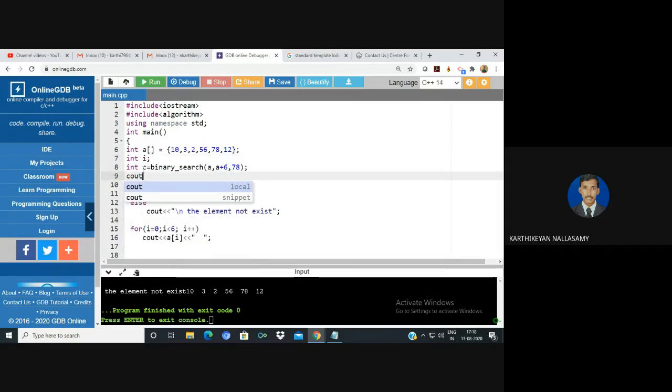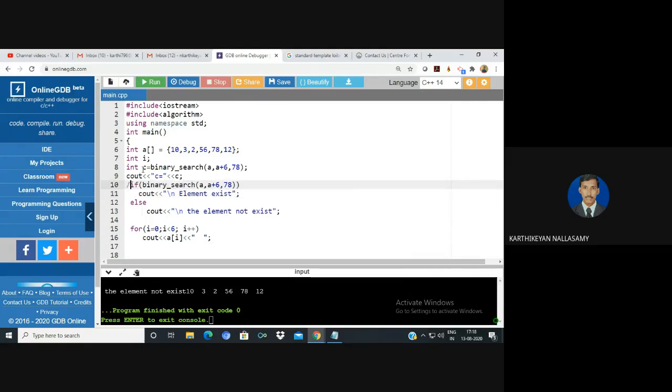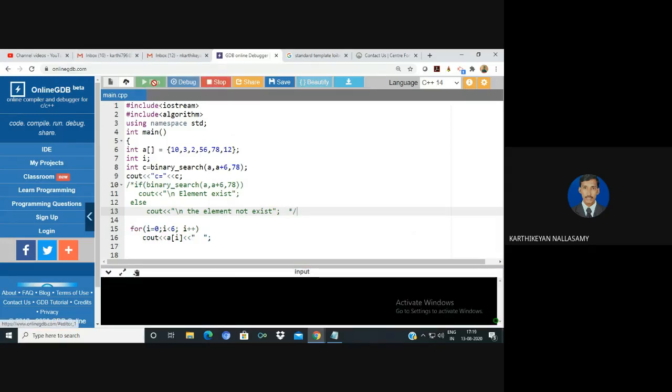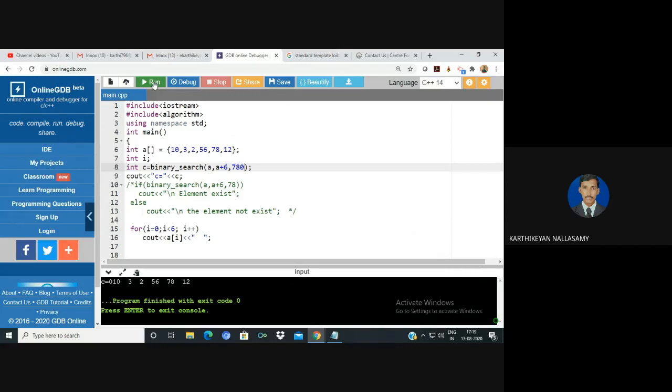I'm going to display the value of C. I can hide this and do it later. I'm going to compile. It returns a 0. If it is 780, I compile again. Still it is a 0, I think.